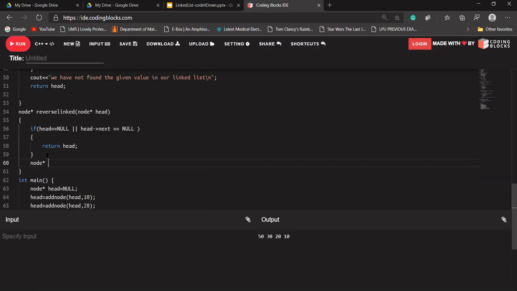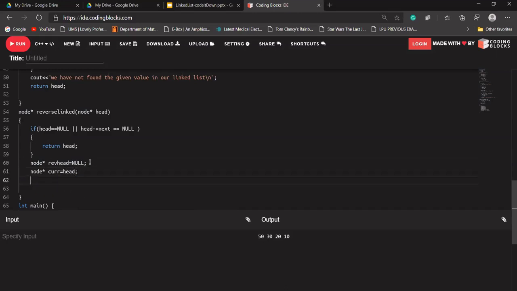After that, let's create a reverse head here also, so that we can keep track of the reverse head. In the starting it will point to null. If this condition fails, we will come here; otherwise we will not come here. So this time let's add a current node, and it should point to our head node.